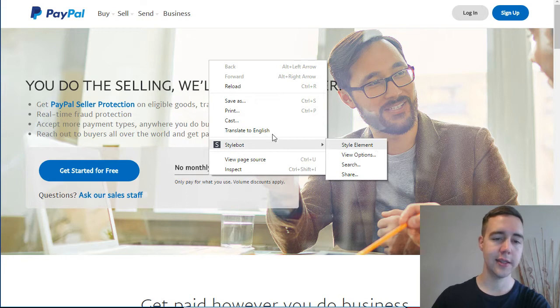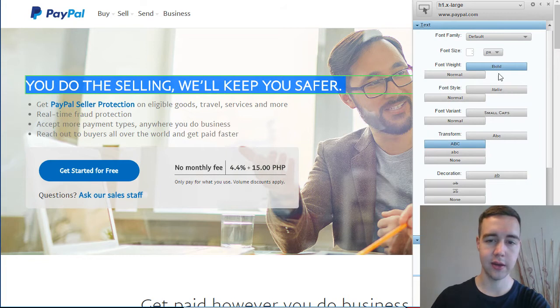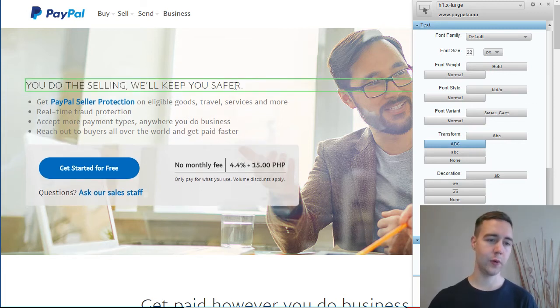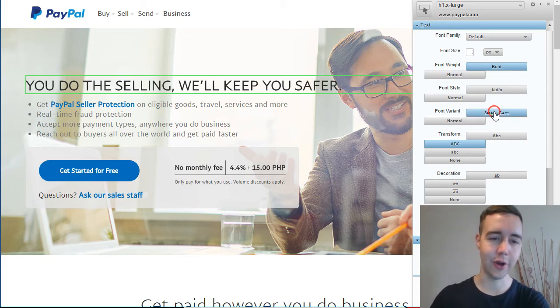So let's say we wanted to style this one. We could go to Stylebot and make it not bold, for example. And we could edit the font. So right now it's 32 pixels. Let's edit it to be 22 and we'll see how it changes the picture. So this is a great developer tool to see how the changes would look without actually going and doing a whole bunch of actual changes for the style. So you want to play around with it most likely